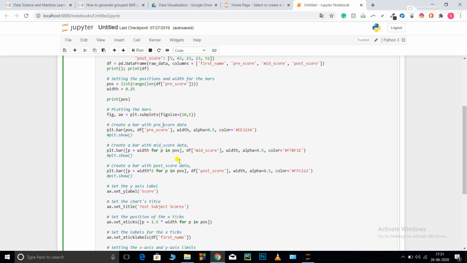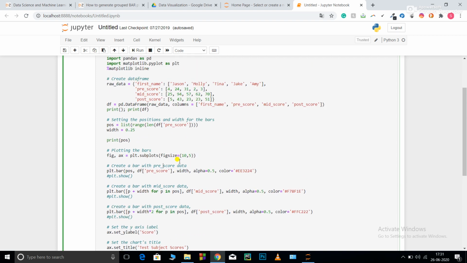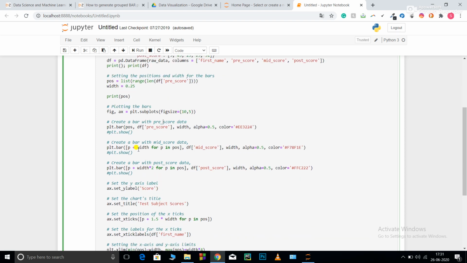Now I want the bar for the mid score just beside the pre-score for every individual. As I know the width of my pre-score bar, I need to tell matplotlib to plot the bar 0.25 distance from the pre-score.